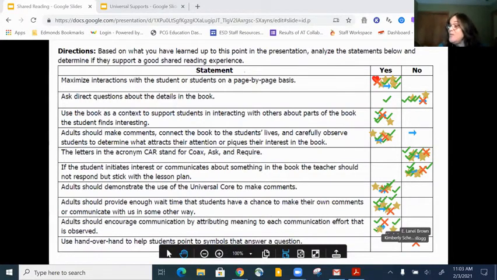Yeah, and that might be something very subtle. So you really need to be paying attention there. Okay, now my favorite topic here is: use hand over hand to help students point to symbols that answer a question.